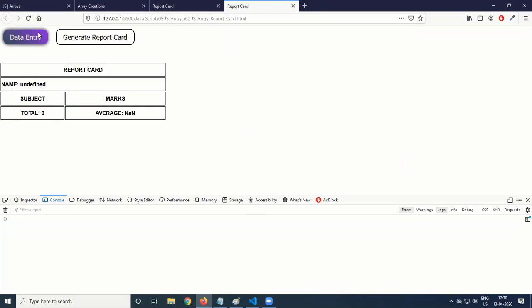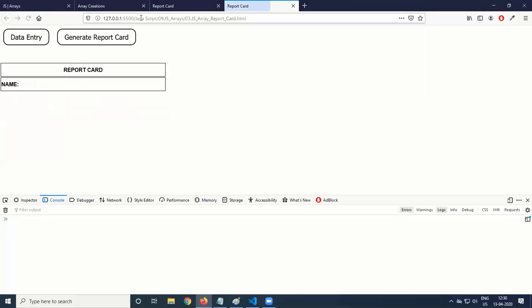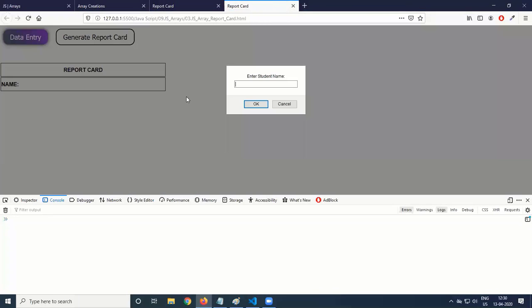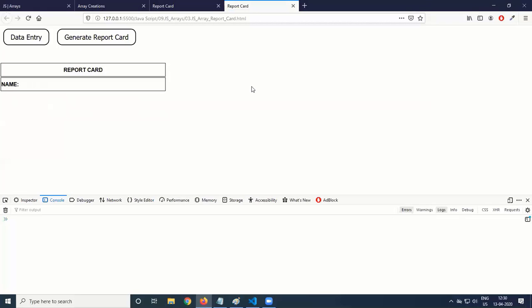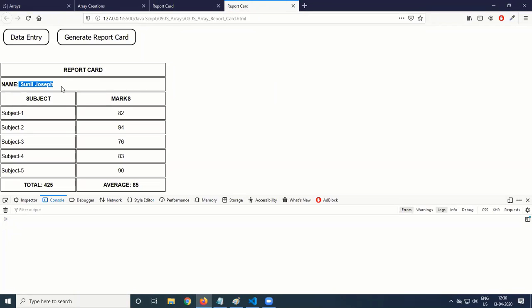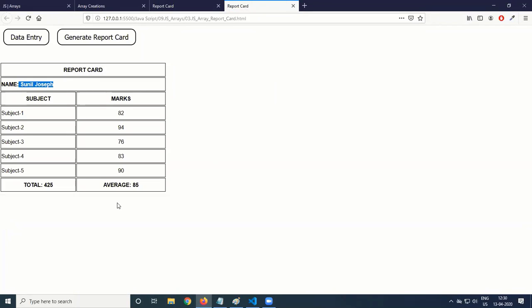So let's have a data entry once again. So student's name, Sunil Joseph. Number of subjects, 5, 82, 94, 76, 83, 90. Generate report card. Name is Sunil Joseph.